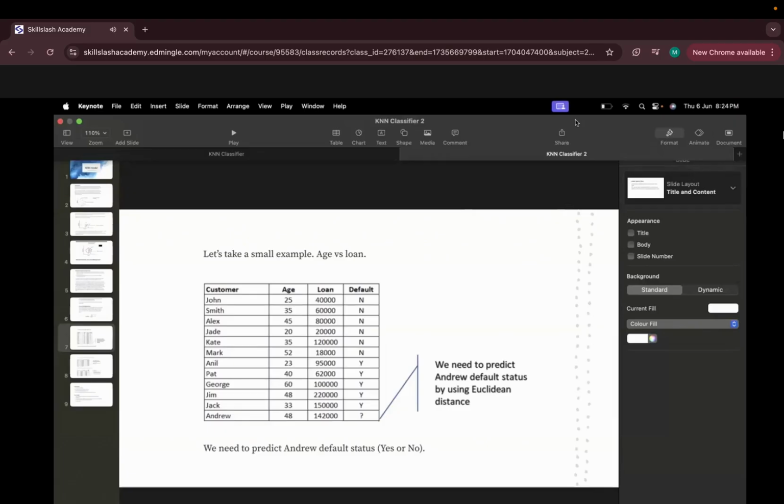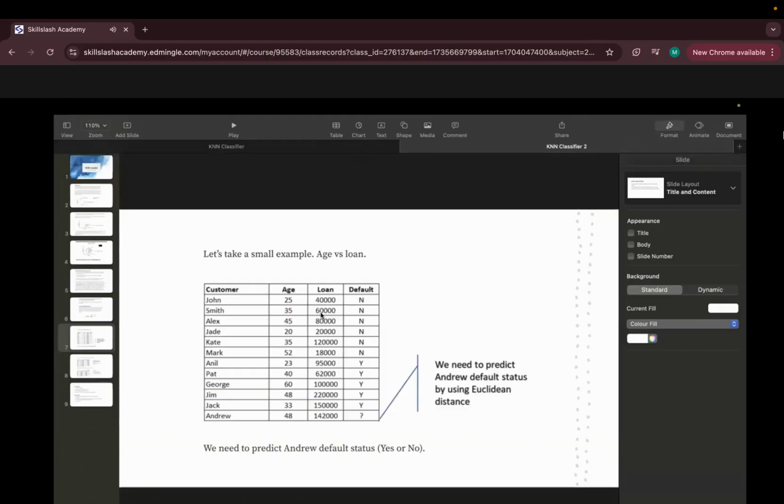Chalo. Default, you know, is nothing but the target feature. If you look at the default column, you can directly judge that this column is classification in nature. Now we have customer, age and loan.